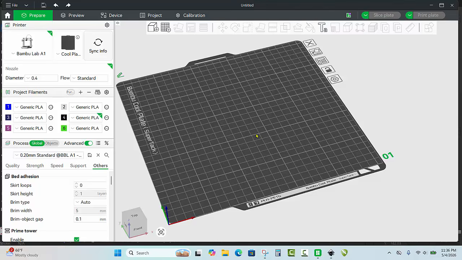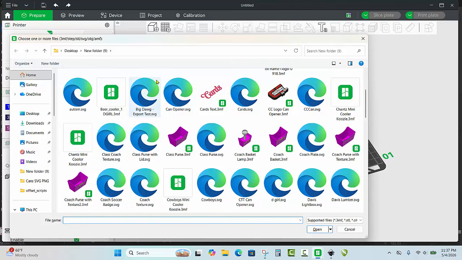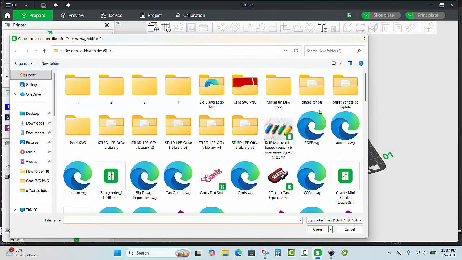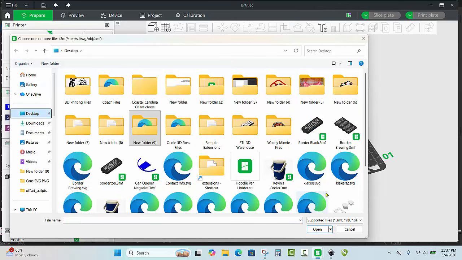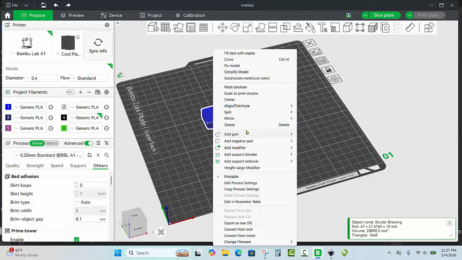So let's go ahead and import an SVG file to work with. So we'll go ahead and hit Control I here. And we have to go to our desktop here. And there is our keychain